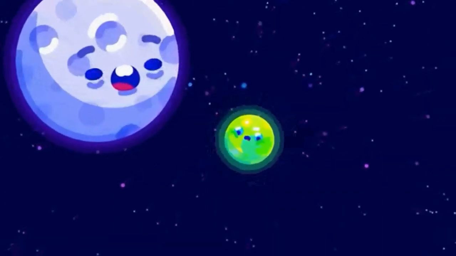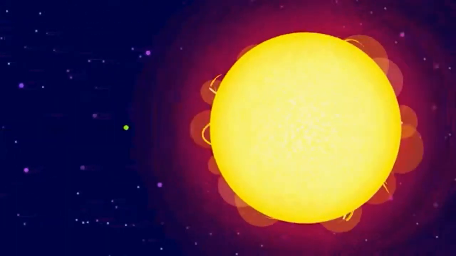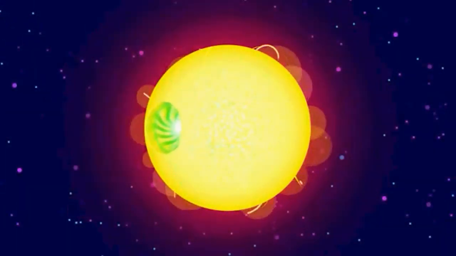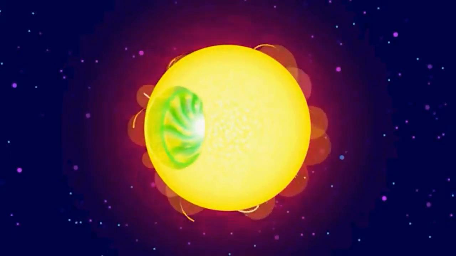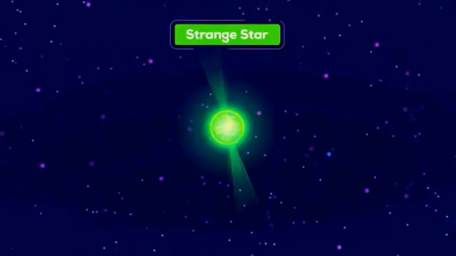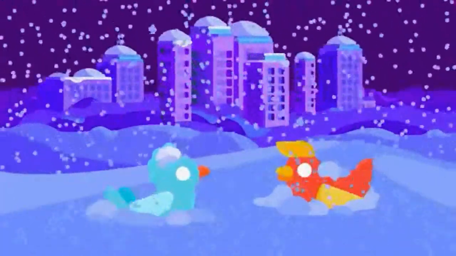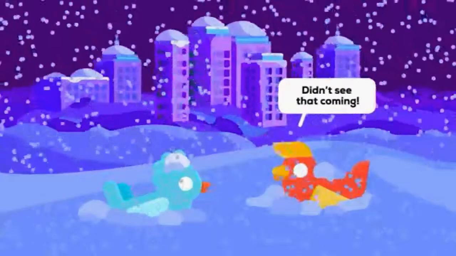Earth would become a hot clump of strange matter the size of an asteroid. If a strangelet strikes the sun, it would collapse into a strange star, eating through it like fire through a dry forest. This would not change the sun's mass much, but it would become way less bright, so Earth would freeze to death. And like a tiny virus, we'd have no way to see a strangelet coming.